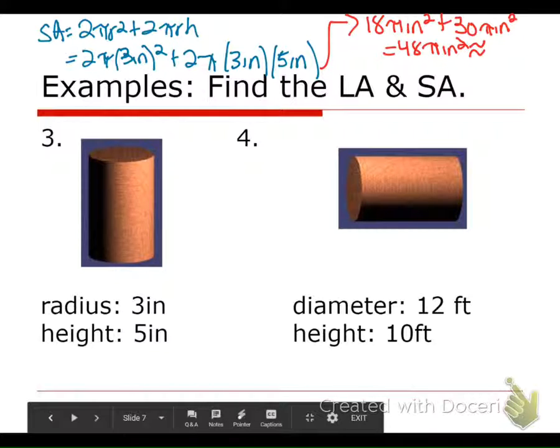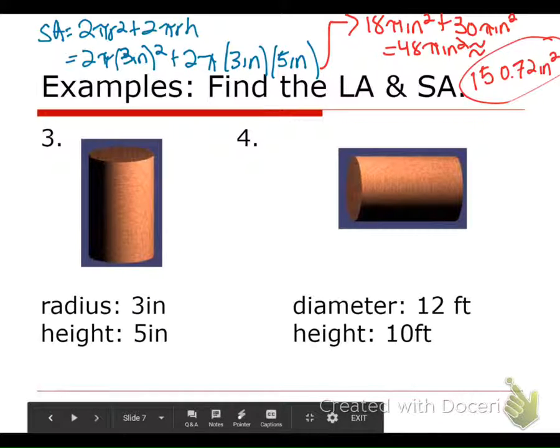48 times pi. 150.72. Okay, just make sure I read it right. Thank you. Okay, so our next one up with that is finding the lateral area that goes along with that